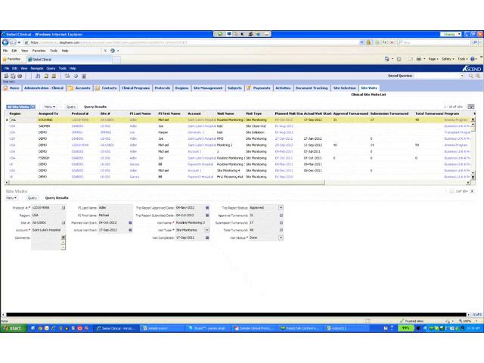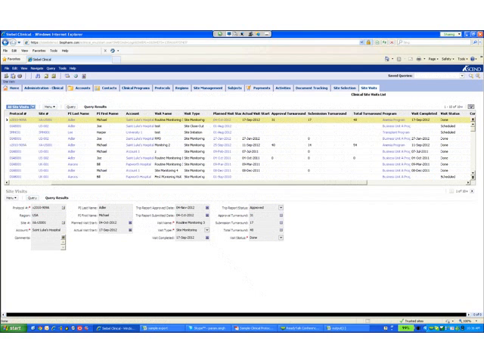What this is showing us is the number of days it took from when the visit was complete to when it was first submitted for review and approval. Approval turnaround is the number of days it took from when it was originally submitted to final approval of that trip report. And then total turnaround is visit completed to trip report approved.